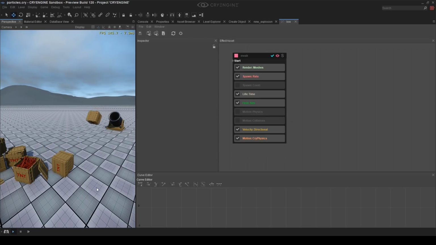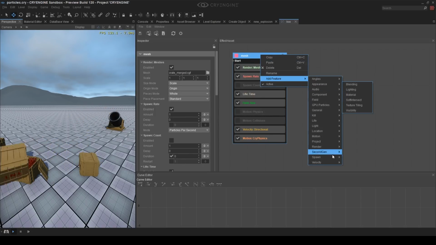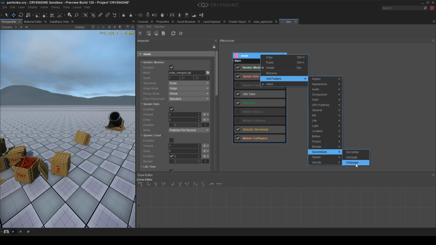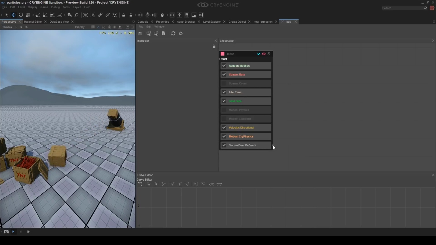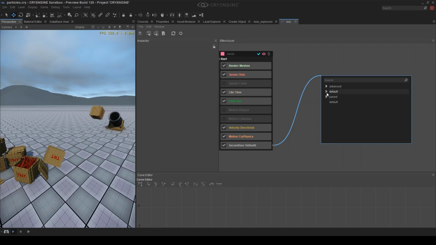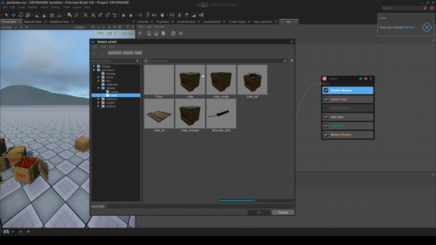So we have that. Now the only thing that needs to happen is, when the mesh dies, it should also explode. So what we need to do is we add a second gen, and this time we don't use on spawn, we use on death. And now we can choose what we want to use on death. And what we want is, first, we want the box to spawn another mesh. And what we're going to use is we spawn the crate,